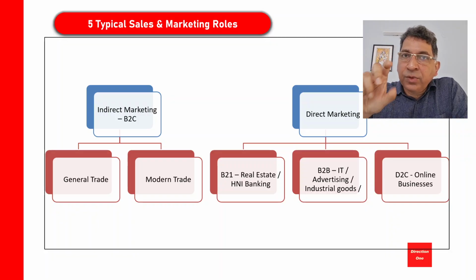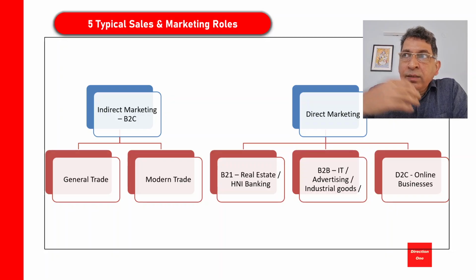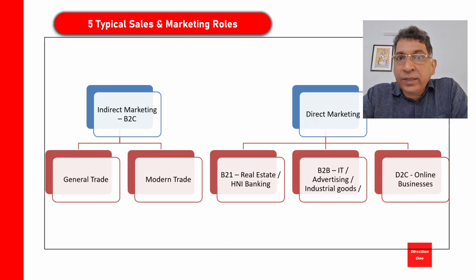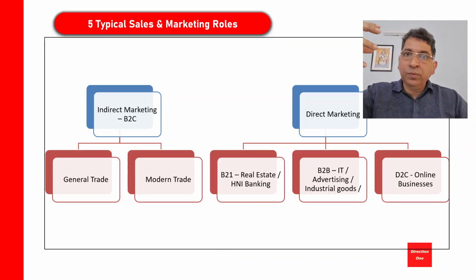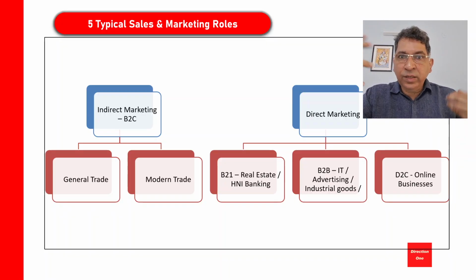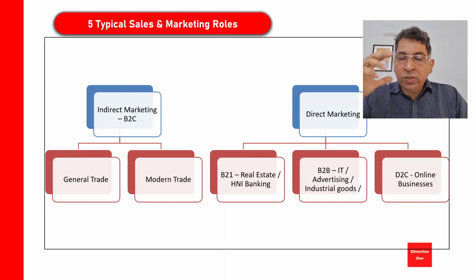So if you look at FMCG, let's say you're painting your house. Do you actually meet anybody from Asian Paints? Chances are no. And that is because Asian Paints follows an indirect marketing activity, which is that the product is made in a factory, and there'll be various factories all over India. But the consumer is in the cities, the villages, the towns. So how do you get a product from a factory to a consumer? You operate through a supply chain. So indirect means you've got this supply chain, this distribution channel, in which to work.